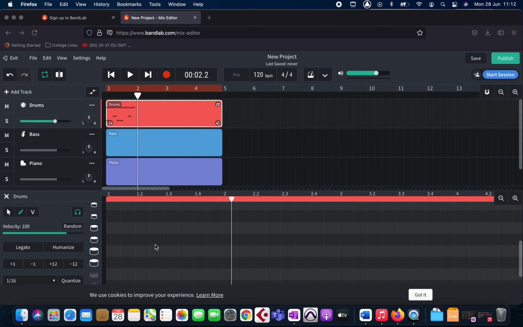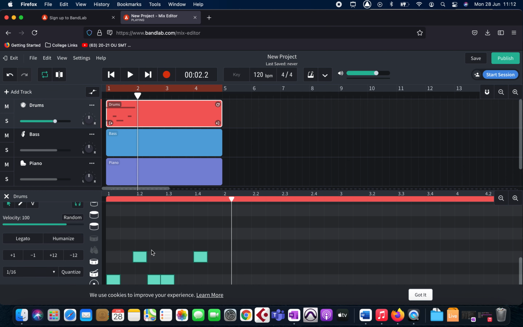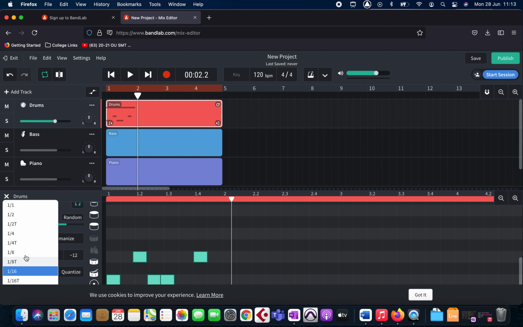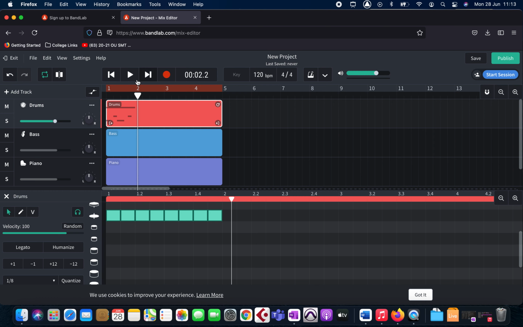So what we can do is use the select tool. There's a select tool on the left hand side of the screen there. And hopefully if we press Ctrl A, we can select all the notes, and then we can set them to 1/8 and quantize, and hopefully you can see the boxes have just moved there. That'll put them back in time. So this time around, when we listen back to it,